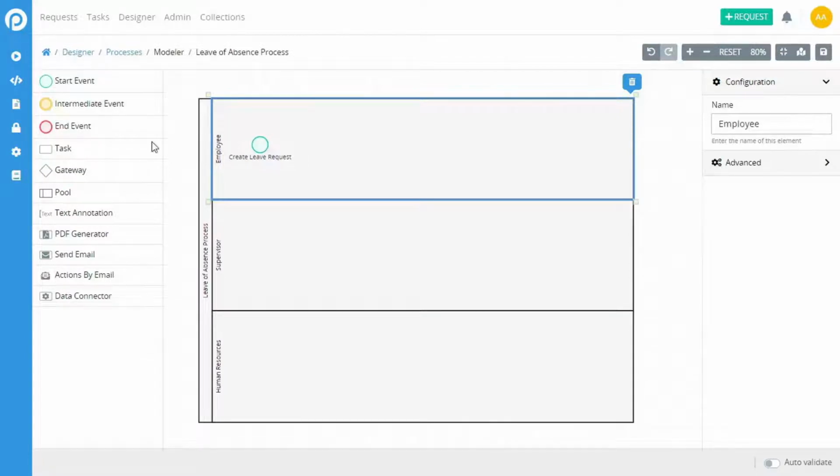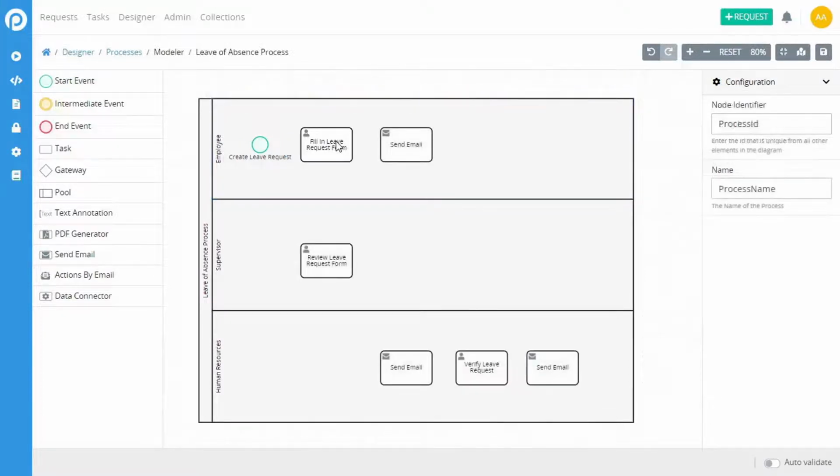Next, add task elements to the process map to allow end users to fill out and review forms, run scripts, send email notifications, add sub-processes, or even embed external applications into the process. The possibilities are endless. Next, we need to add a gateway to route the request down the correct pathway based